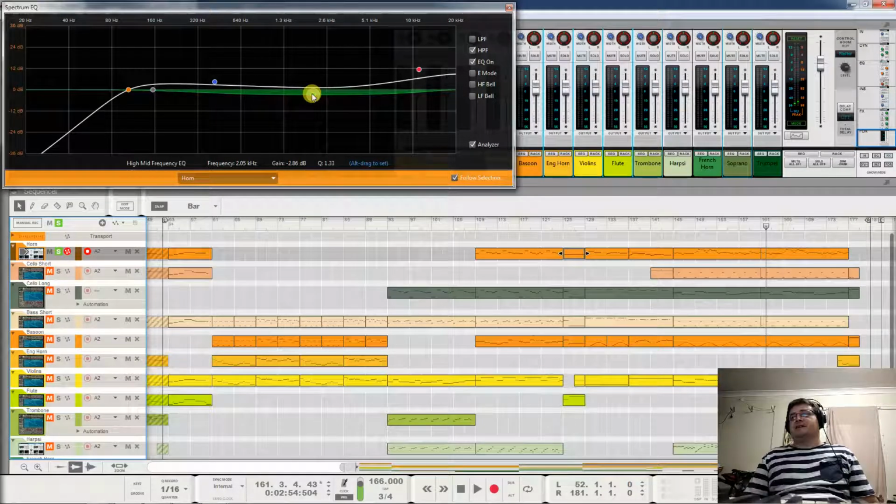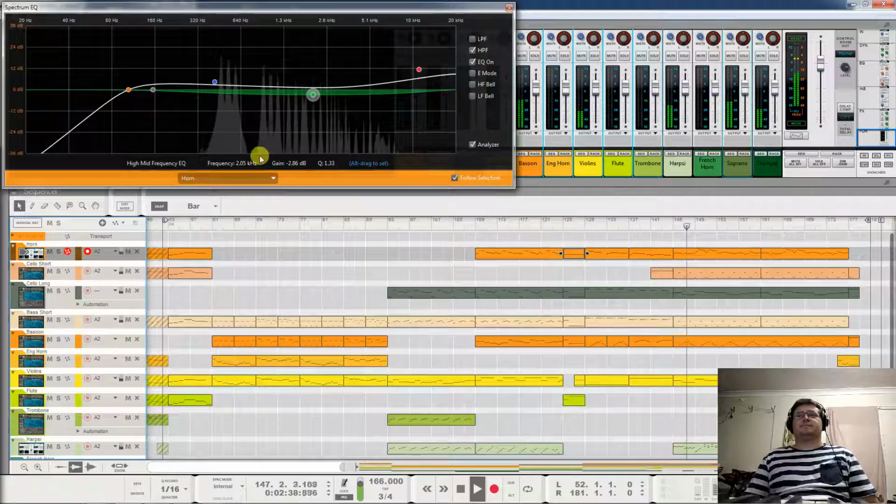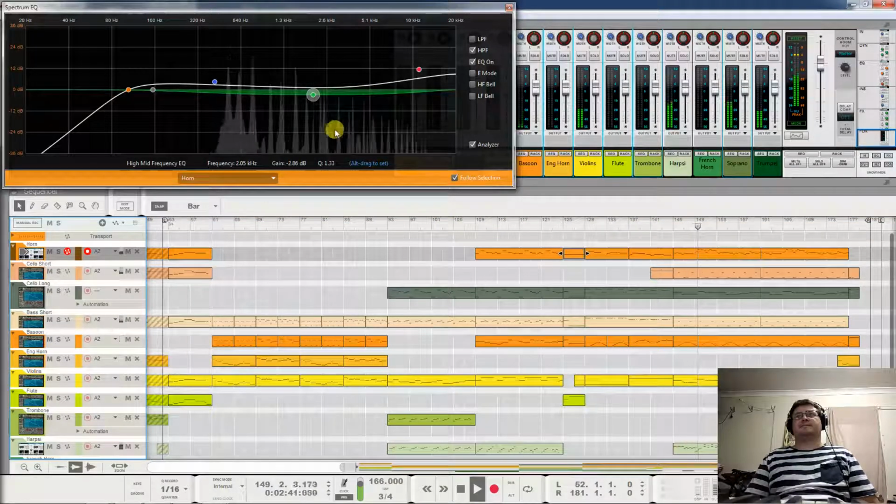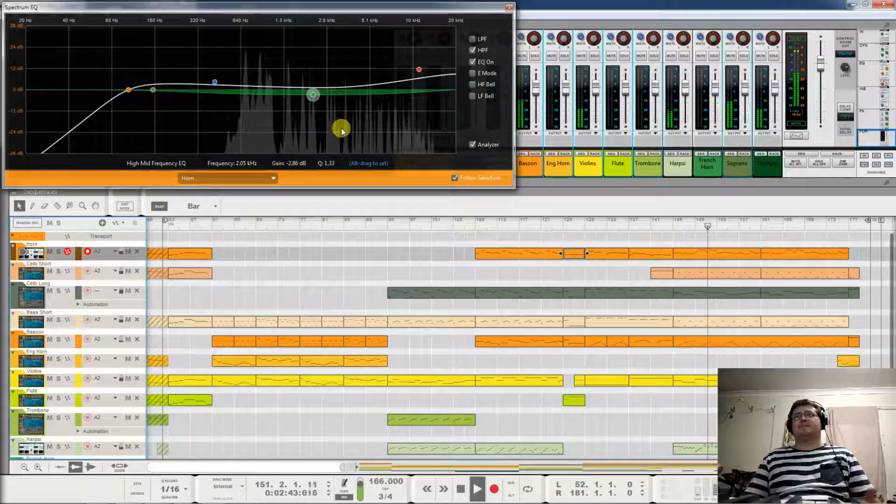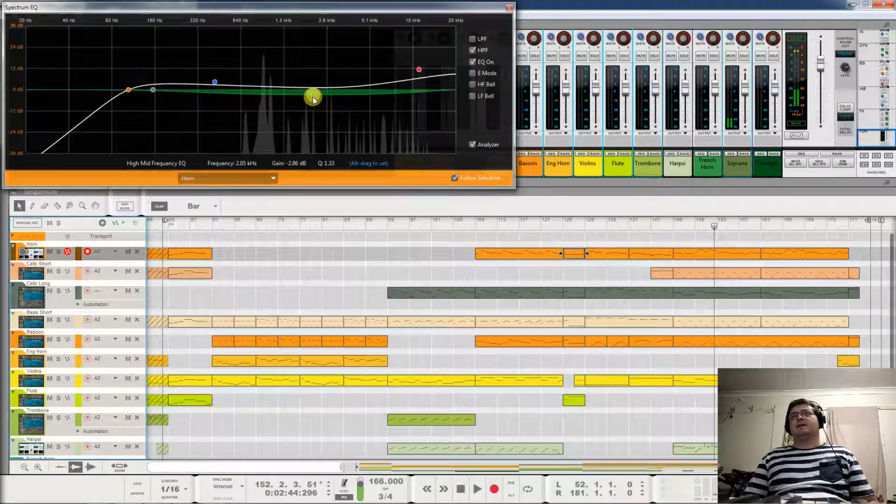Working on the assumption I've made that sound as exciting as I can in situ, in solo. When we drop this back in the mix, have we improved it? In this case, I may have,